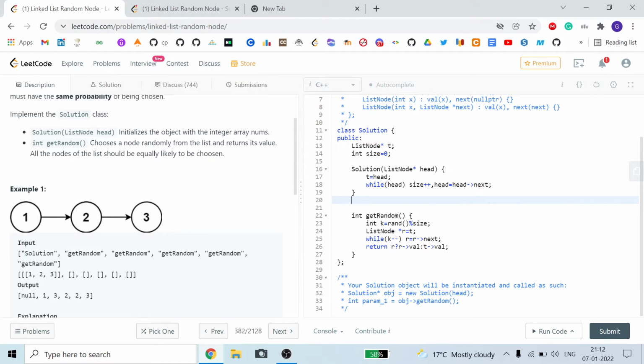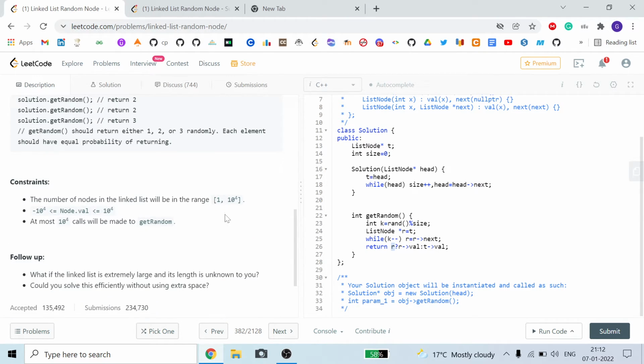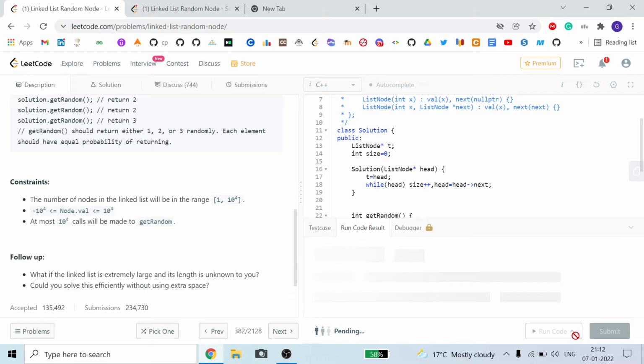So if our r is equal to null and we try to return the value of r, it will generate an error. So if there is some address in r, then just return the value in r, else return the first node value. You can see there is at least one node, so our head pointer will never be equal to null. So our problem will always be satisfied.